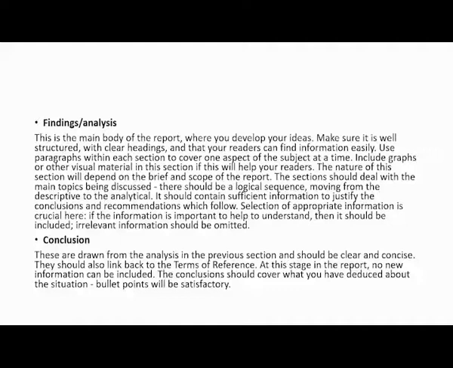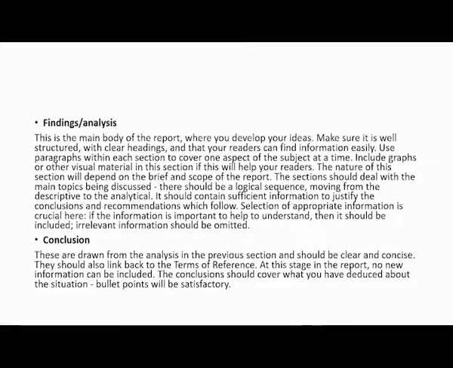Remember I said with the data presentation you can use graphs, pie charts, images, anything to aid you in writing your findings. Now the conclusion here is drawn from the analysis of the previous section. When you went on to the findings, you were simply listing what you found. Now in the conclusion, you are concluding on the findings that you got.